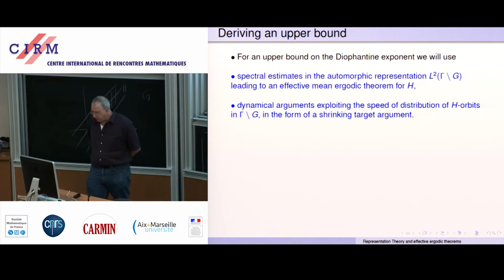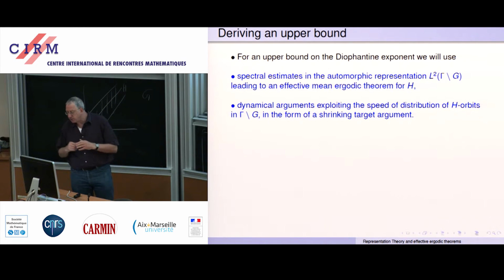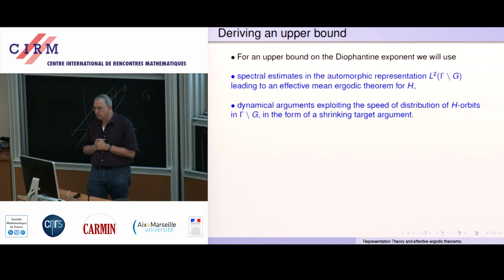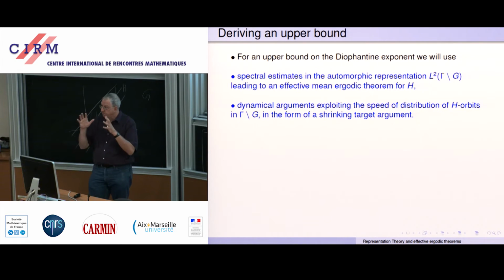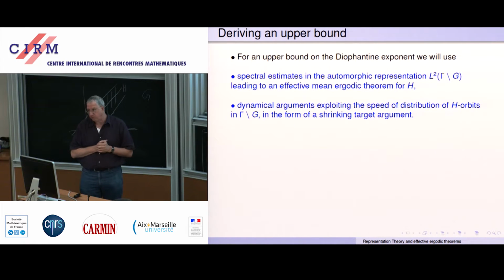And we are going to use some dynamical arguments which are usually called a shrinking target argument, exploiting the speed of distribution of H orbits in G mod gamma. I hope to be able to say a few more things about that. But finally, and now we come to the main point,